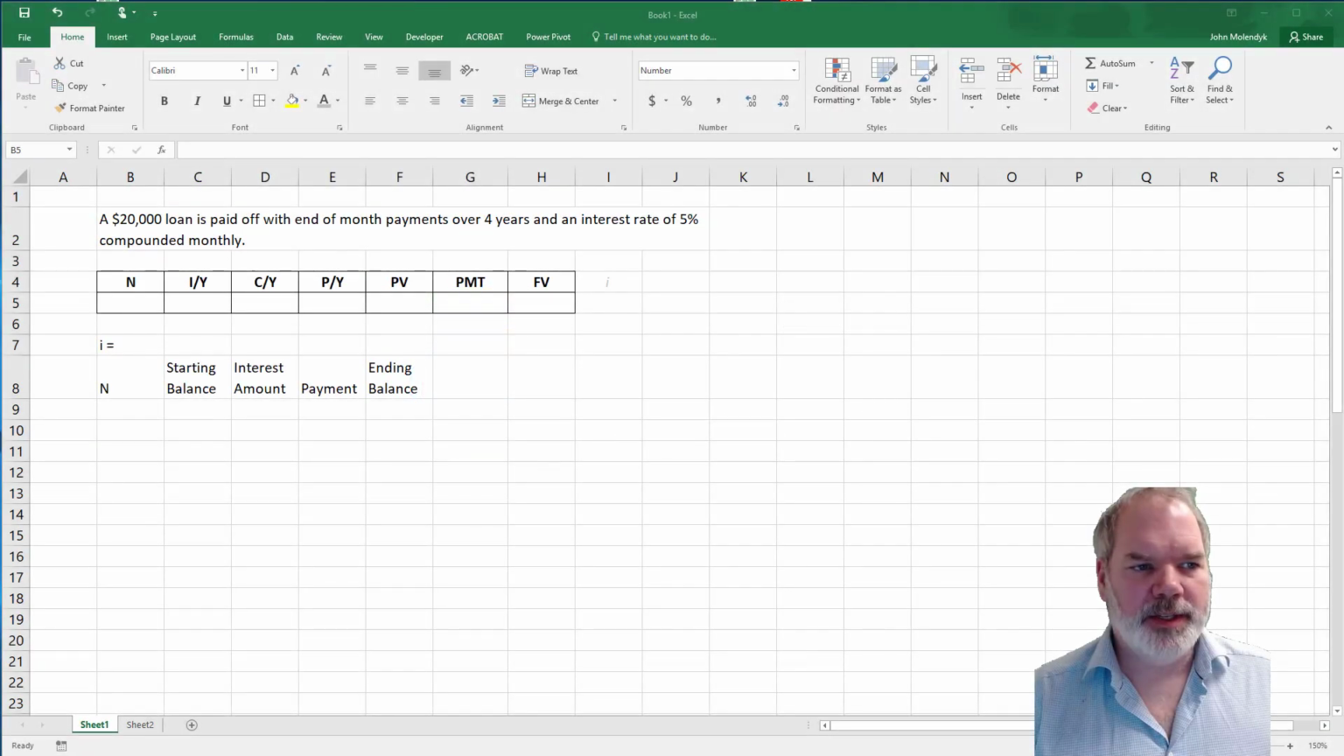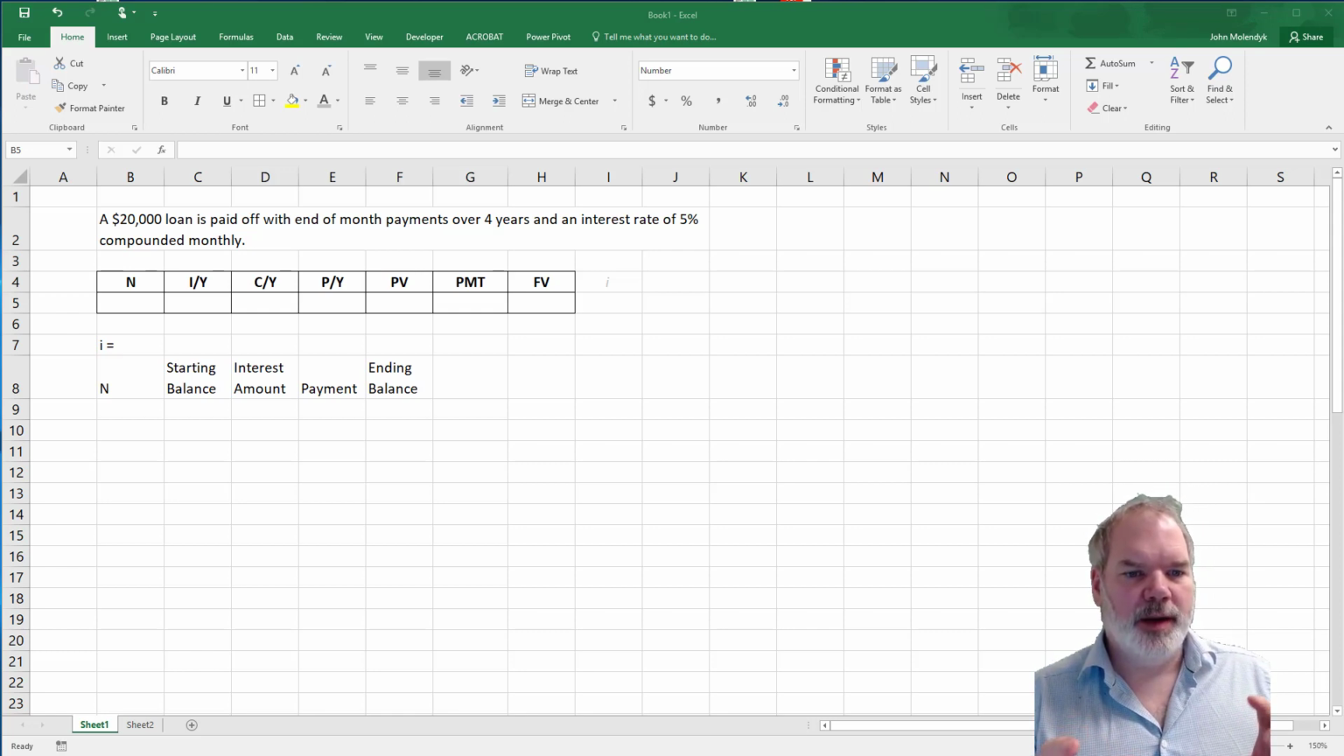Okay, so we're going to take a look at amortization tables. An amortization table looks at how much money from every payment is going into an interest amount, and how much is going into paying off a loan. For instance, if we're taking a look at a car loan, we might want to know how much money is